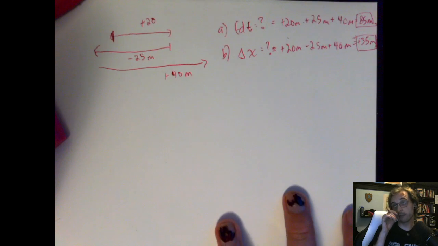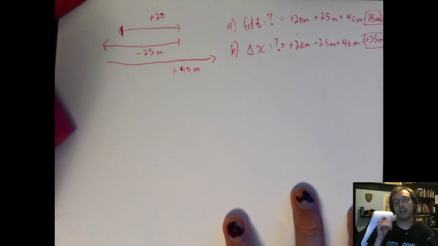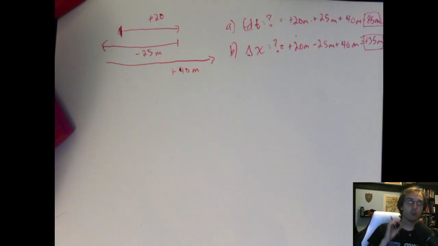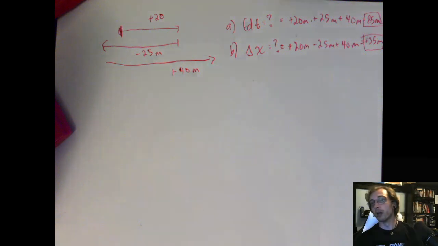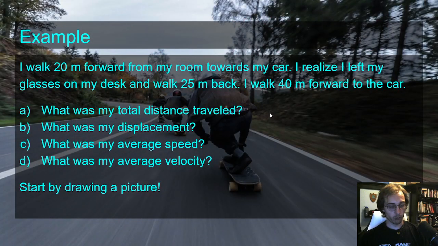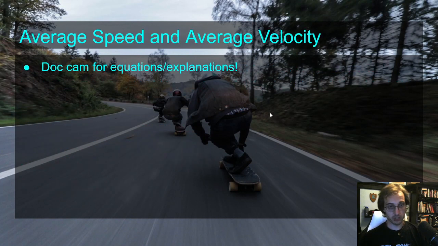Total distance traveled doesn't have to include a direction in an answer. Displacement absolutely does, because you need to know where it wound up. It's not enough to just know that it was 35 meters away from where it started. You want to know which direction that 35 meters was in. So hopefully fairly straightforward. Let's move on to average speed and average velocity,